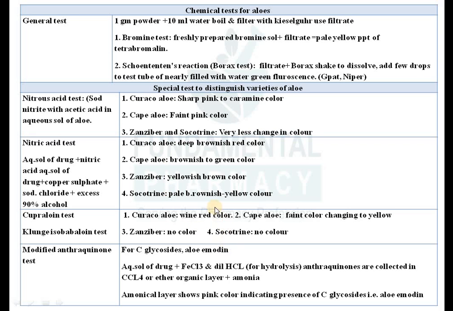इसमें कौन सा कलर आता है, कौन सा कलर रहता है, ये इतना याद नहीं है, याद रखने की जरूरत नहीं, बस इतना याद रखो, there is one test known as nitrous acid test. In that sodium nitrite with acetic acid is used, then nitric acid test is used, and this one is important. कौन सी, Piperelline test, or it is also known as Klunge isovareline test. This test is important. So it is a specific test for barbaloin. That is known as a Klunge isovareline test. ये बाकी का जो है उतने important नहीं छोड़ दो।